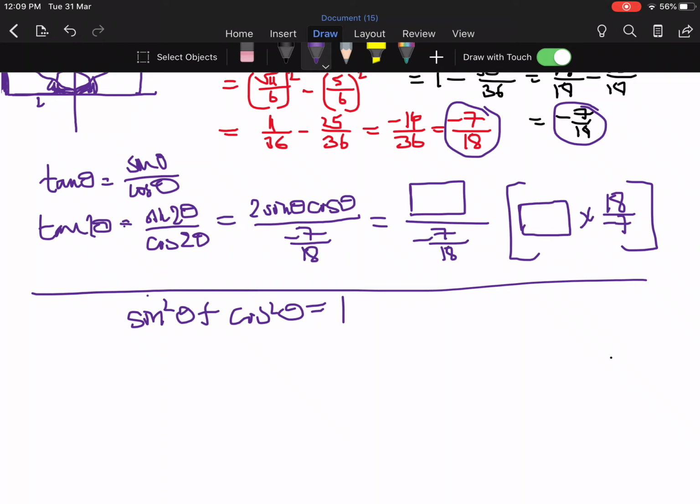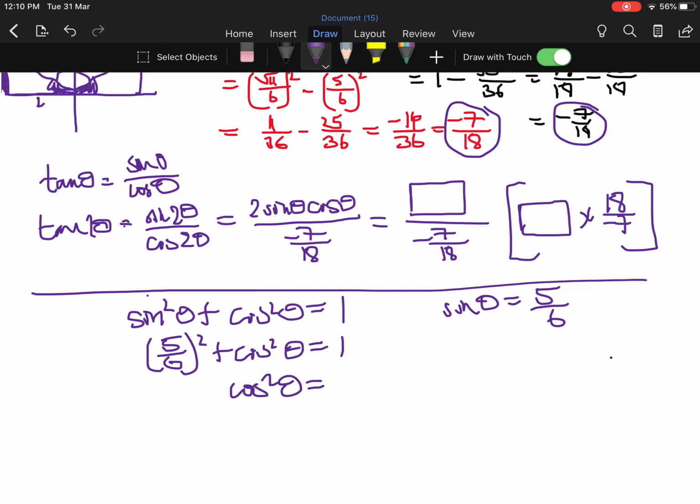So if you know either sine or cos theta, you can also work out one or the other. So to back up question 1b, which I did above, it said that sine theta was equal to 5 over 6. So if I put 5 over 6 here,